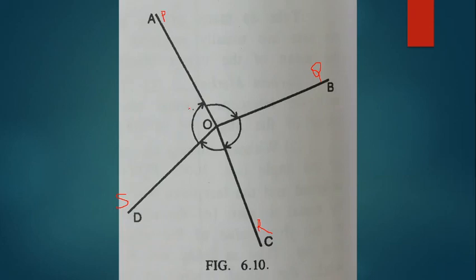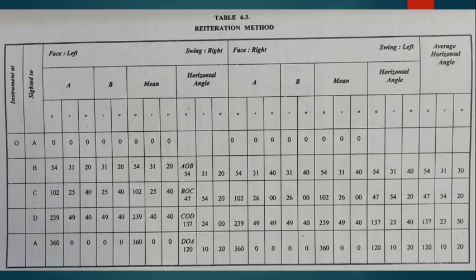I think we are now clear with what we have to do. So now the telescope is bisecting the signal or ranging rod placed at P exactly. Then you can tighten the lower clamp screw, and with the help of the lower tangent screw you have bisected exactly. Now you can read both verniers A and B. It should be exactly 0 0. Now you can record the same in the tabular form.